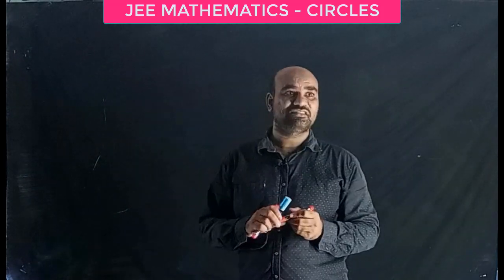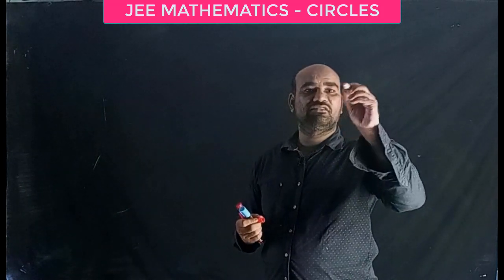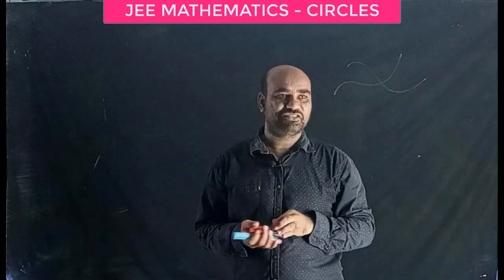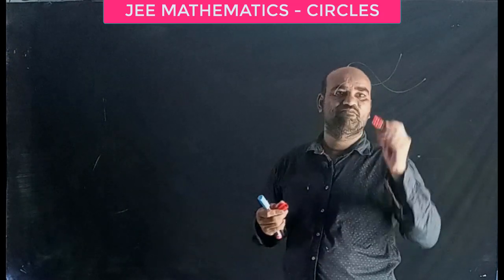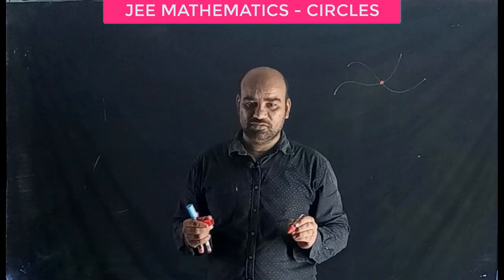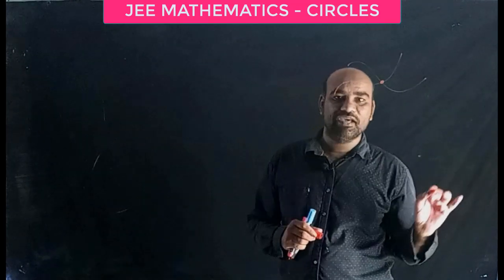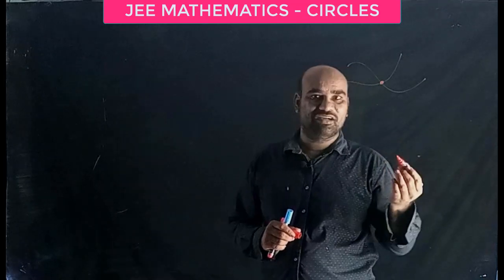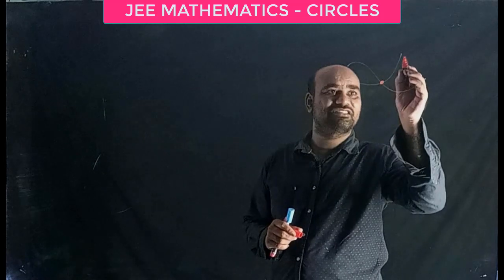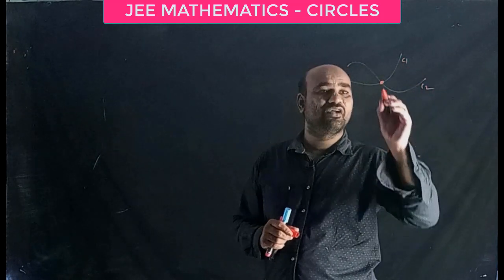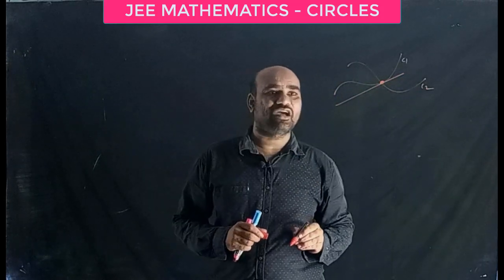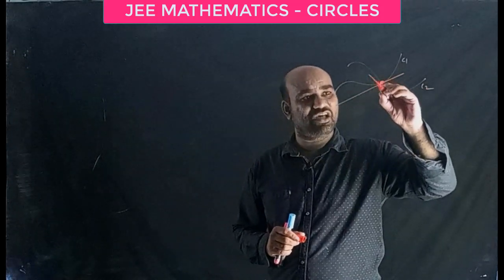Okay, observe students, two curves are intersecting at a point or at more than one point. How to find the angle between two intersecting curves? That concept was already completed in application of derivatives. So at the point of intersection, say this is curve 1, say this is curve 2. At the point of intersection of both the curves, we need to draw tangents. This is tangent to curve 1. This is tangent to curve 2.